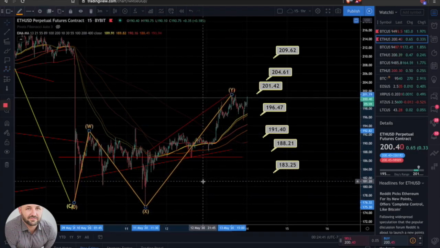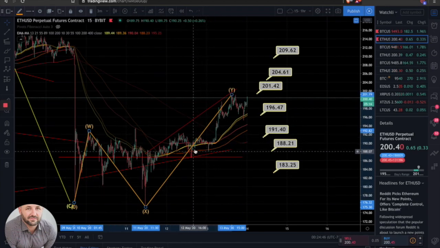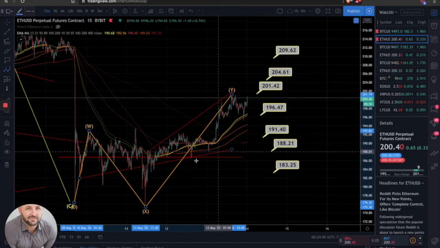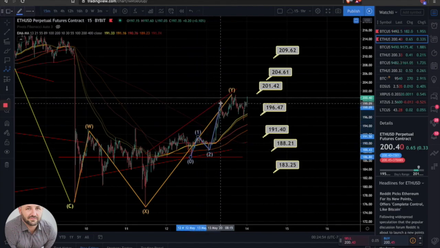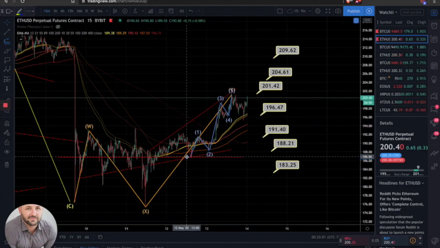Boom. And right here, we can see a pretty clean 5-wave move. 1, 2, 3, 4, 5. And then if you pull the fib extensions,